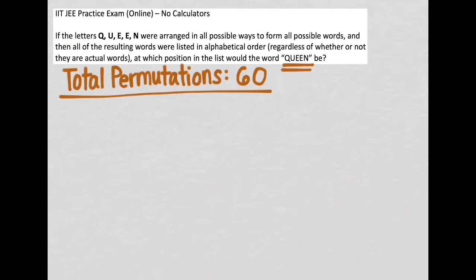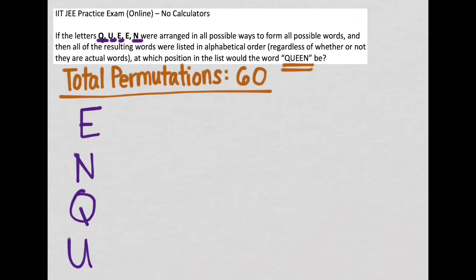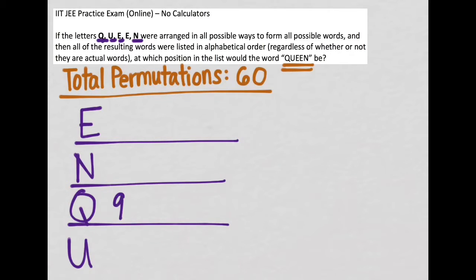At the least, queen can be the first position in the list, and at the most, queen can be at the 60th position in the list. First, let's just put the four letters Q, U, E, and N in alphabetical order. So we get E, N, Q, U. All of the words beginning with the letter E will go first, followed by all the words starting with N, and then all the words starting with Q. And somewhere here we'll have the word Q, U, E, E, N, and then followed by all the words starting with U. Then we just have to figure out where queen would be. But since queen is probably going to be towards the bottom of the list,